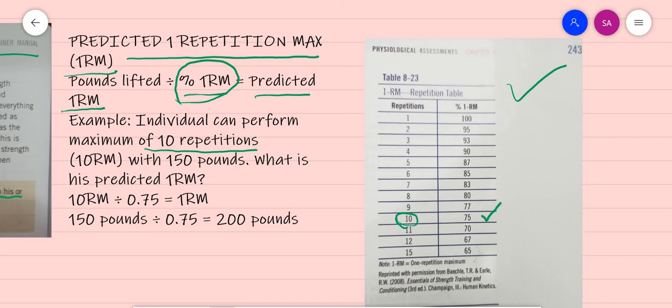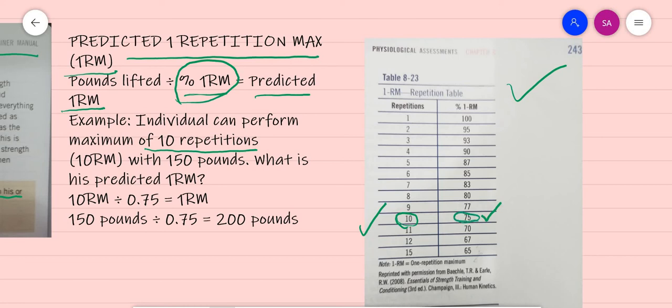On the exam, you will get 1 or 2 odd questions on this, and I have observed for the last 2 years in the personal trainer study group on Facebook that everyone has got only a question about this, that is 10 repetitions. So in case of 10 repetitions, it is very easy to remember that the percentage is 75%.